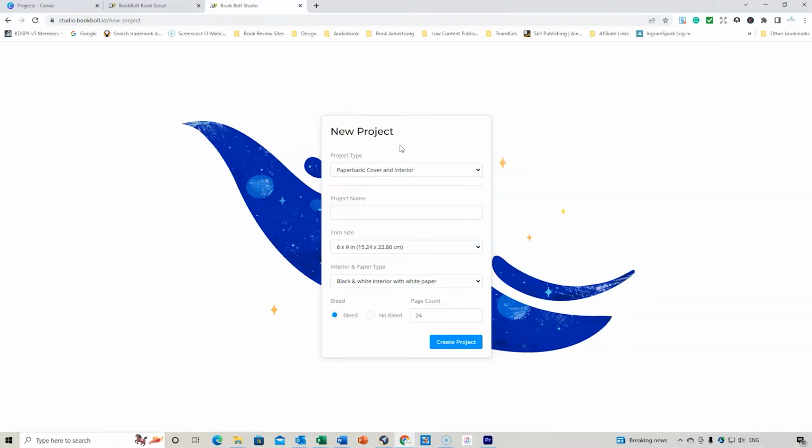For this one, I'm just going to do the paperback cover, but we could do cover and interior. That means you can actually upload your interior as well, so it saves the cover as a PDF and the interior as a PDF, so you can upload it straight through to KDP. But let's just do the paperback cover to begin with, to give you a bit of an overview. Let's call it Ollie and Ted Adventure